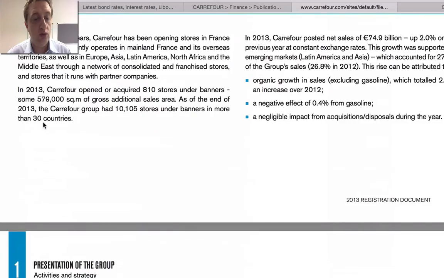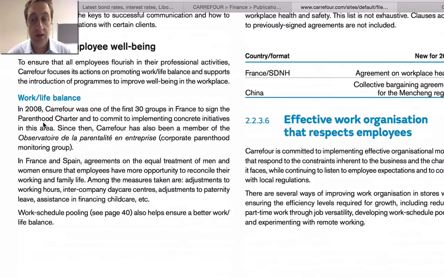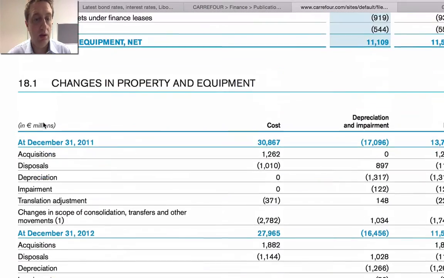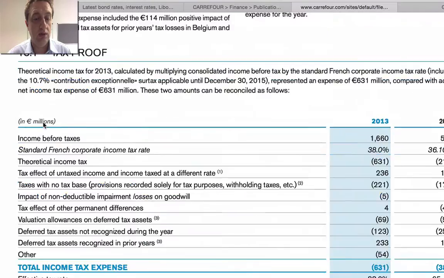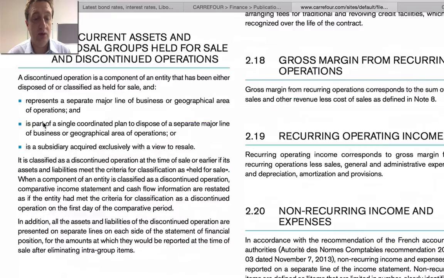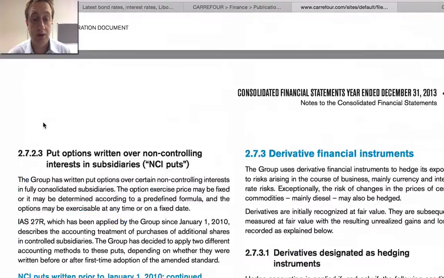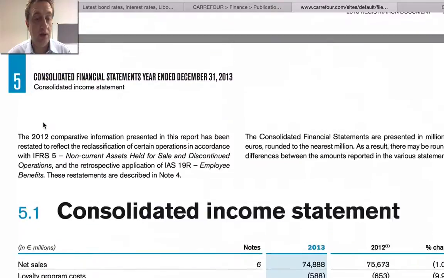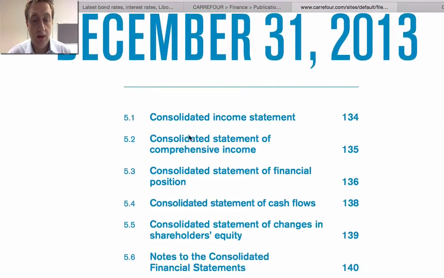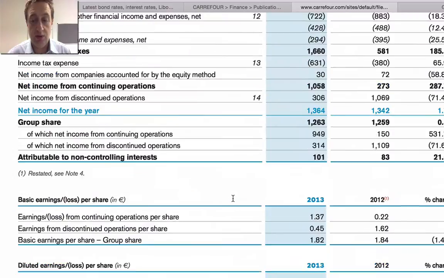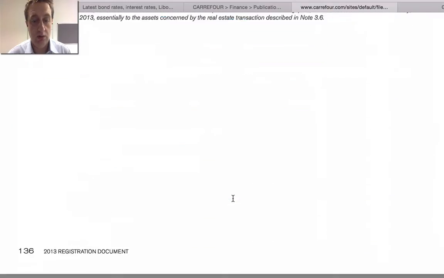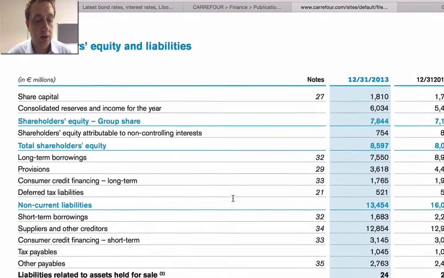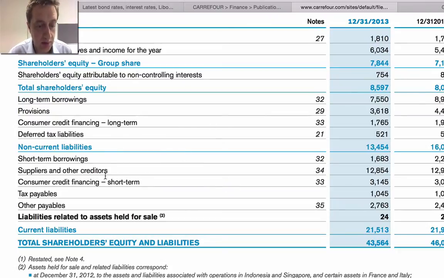And you scroll through to find the value of the long-term debt. I'm just firing through. Oh, here we go. And here's the notes to the accounts. Now if I prepared this I would have known where the page was, but I haven't because I've just put the companies together. Income, right, okay, we're getting close to it now. Okay, consolidated statement of financial position, 136. Here we are. Right, okay, so we've got the assets here. We want to find the liabilities. Non-current liabilities,